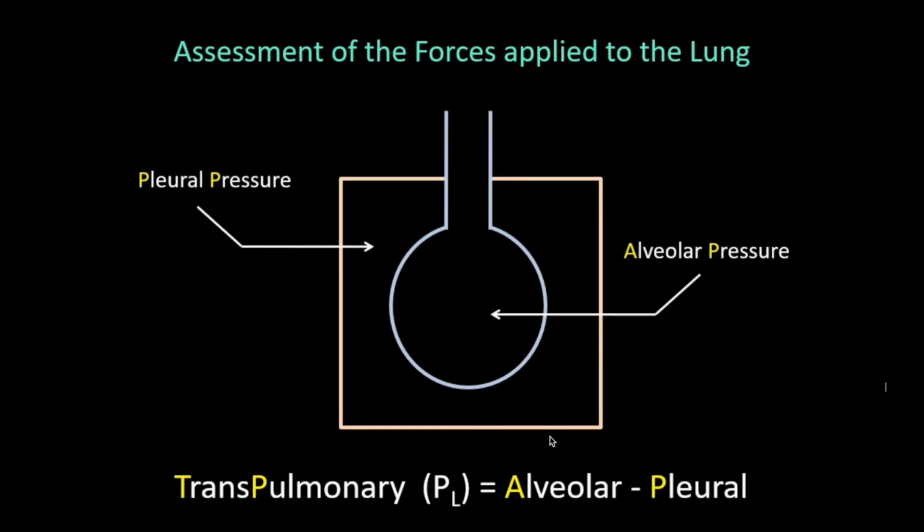The main objective here is to measure the transpulmonary pressure. The alveolar pressure can be measured by using the airway pressure as a surrogate, but we have no way to measure the pleural pressure. So for this pleural pressure measurement, we use the esophageal pressure as a surrogate. Once we get that value, we can calculate the transpulmonary pressure. It is the transpulmonary pressure which is the actual pressure being applied along the walls of the alveoli, and it is this pressure which is causing ventilator induced lung injury, or VILI.